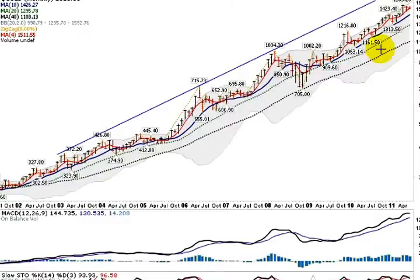Now this is a monthly chart, and it has not been a straight up rise, obviously, nothing is. And we did have a nasty pullback here in 2008, which took us all the way down here to this black dotted line, which is the 40-month moving average. Found support there, and that's really the only time during this move, except for the very beginning, that it's done this. Most of the time it has respected this blue line here, which is the 10-month moving average, and that is at about